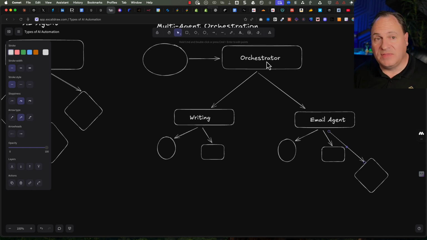The orchestrator could then send it to a report writing agent, which would take all of that information, put it into a report, and send it back to the orchestrator. The orchestrator could then say, well, I need you to send it to the user. And then, of course, we can send it just like we do the email. All of that could happen kind of in parallel at the same time. So research agents are really built for these multi-agent orchestrations.